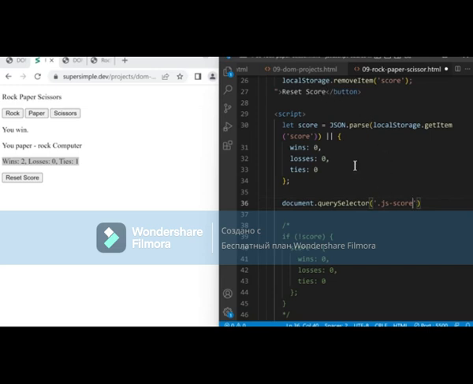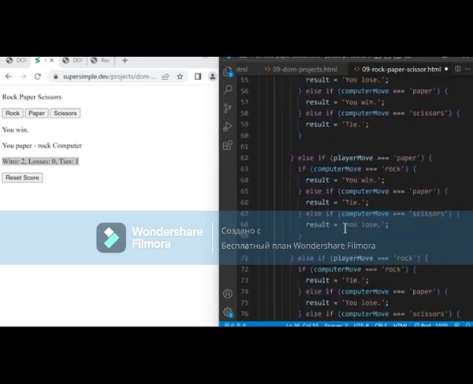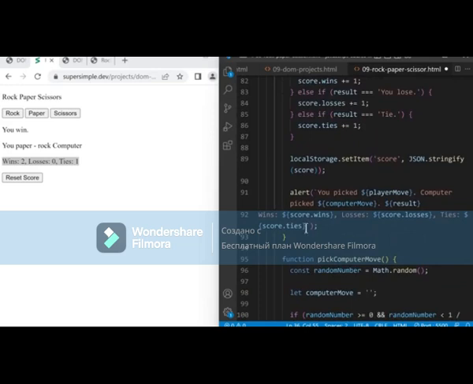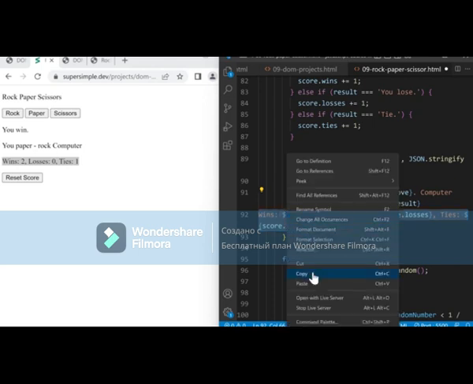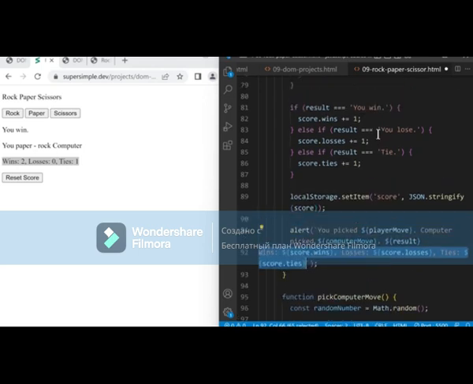And now let's put the score inside the element. To do that, we can use innerHTML. Dot innerHTML, and we'll make it equal to the score. If we scroll down, we actually create the score down here. So we can actually just copy this string. So we'll select it, right click, copy, and let's scroll up